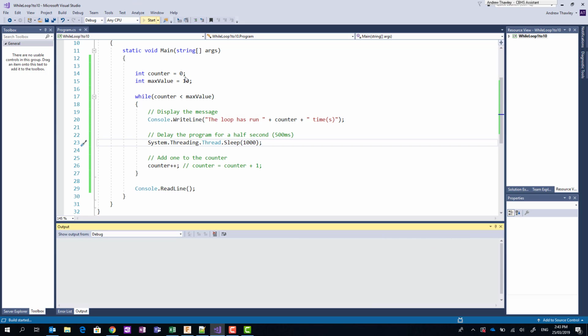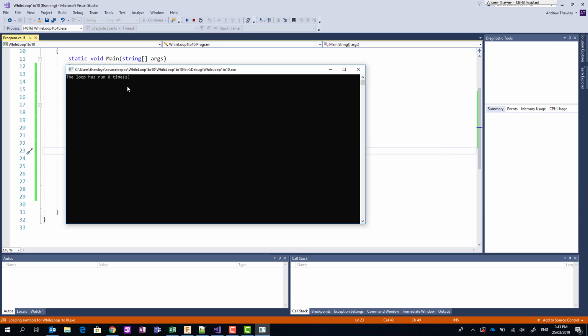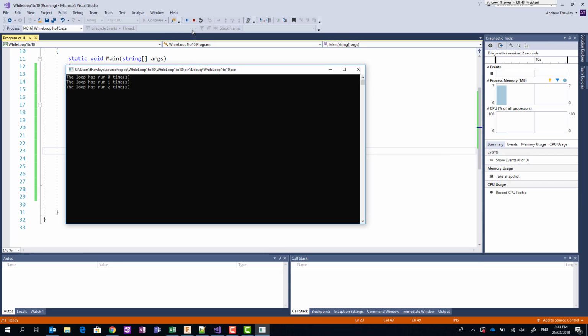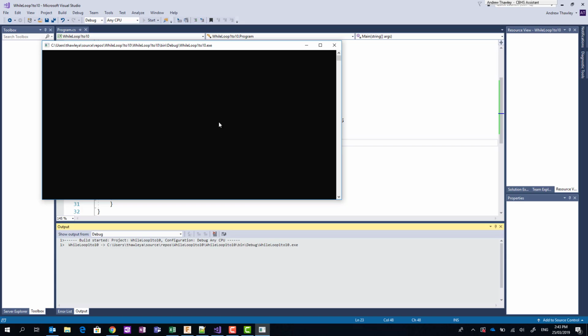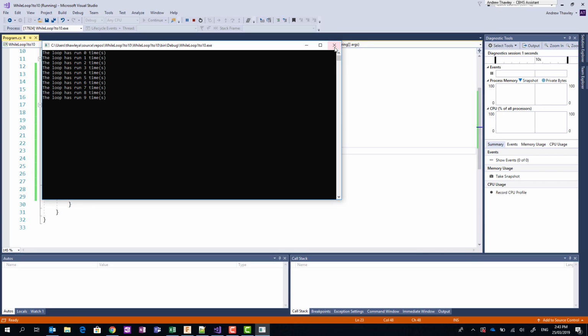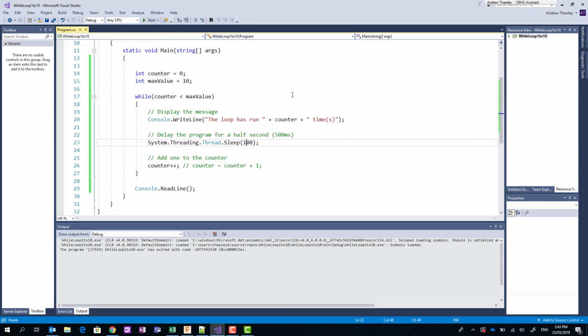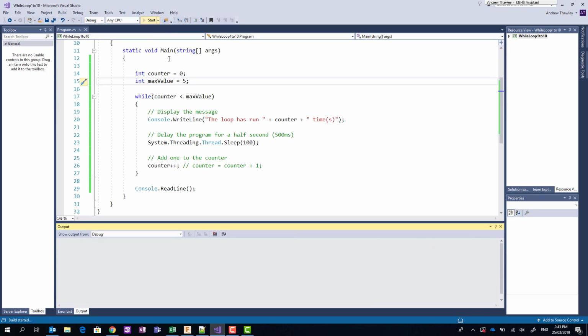So if I run this, you can see it's working a little bit slower. And if I change that to 100, it's going to go through a lot quicker. So you can see it's still executing the loop a certain number of times, but it's changing how fast it works. If I go and change this to max value of 5,